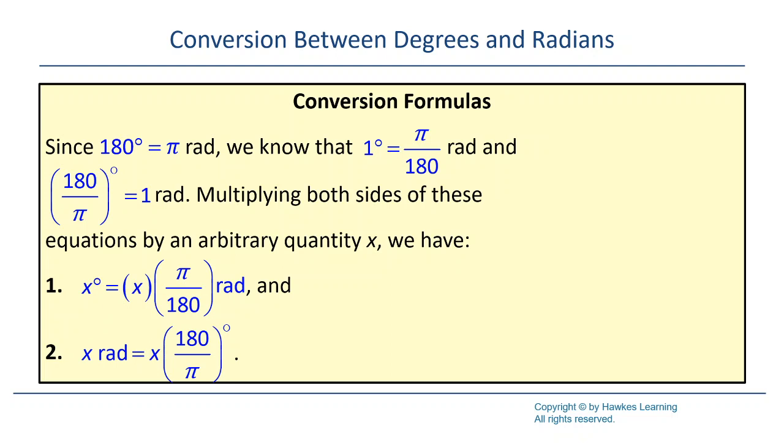So to convert back and forth between degrees and radians, what we do is we have this unit, which is pi over 180 or 180 over pi, depending on what you need to convert to. The easiest way to remember is if you're trying to cancel out radians, pi goes in the denominator. If you're trying to cancel out degrees, 180 goes in the denominator. Because you could think of this as 180 degrees to pi radians. So whatever you need to cancel,